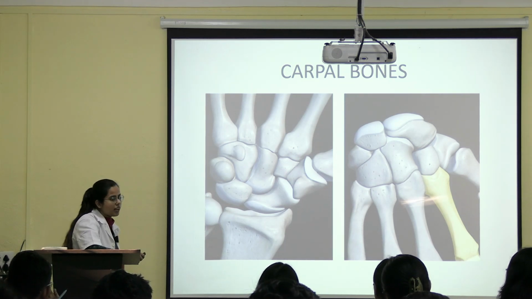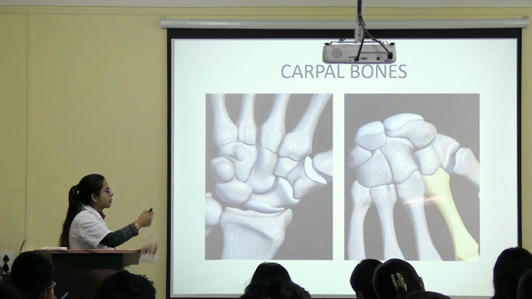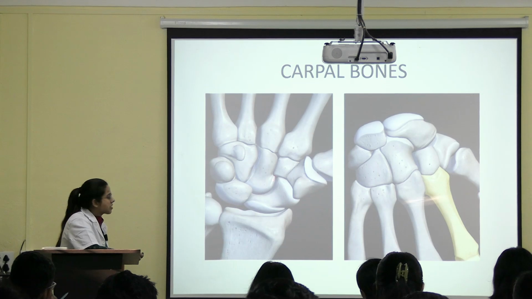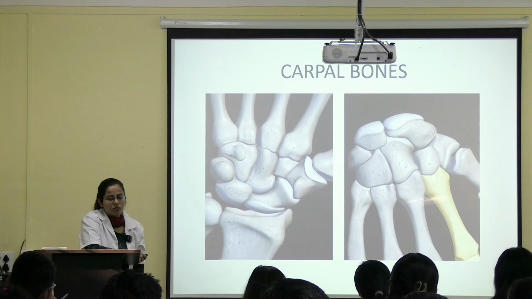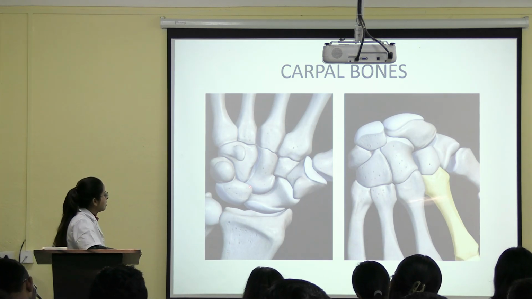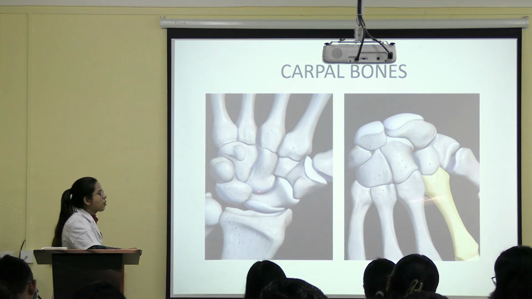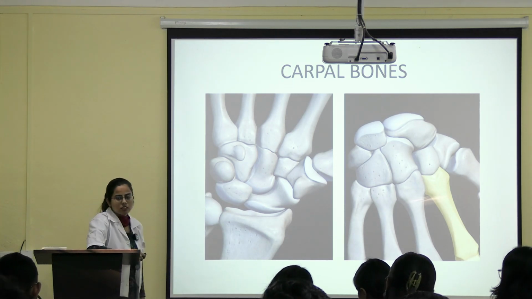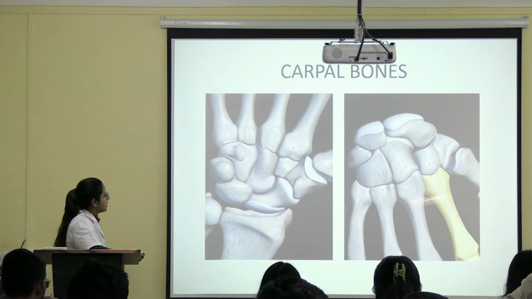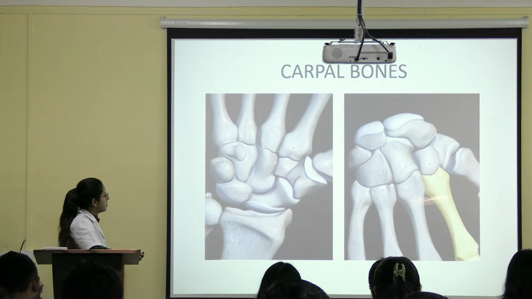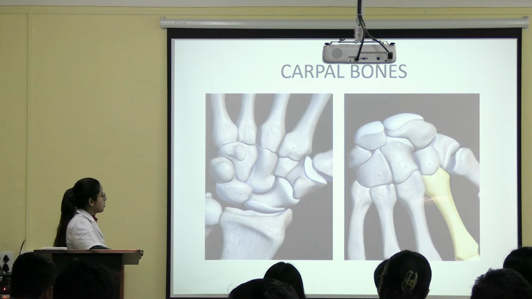What is the shape of trapezoid? It's just like a shoe. This is the trapezoid. Now this is the capitate bone. This is the largest carpal bone. Pisiform is the smallest carpal bone and capitate is the largest. It has a head and a triangular base. The head is present proximally and the base is present distally. Medially it is articulating with hamate, laterally with trapezoid and distally with the third metacarpal.